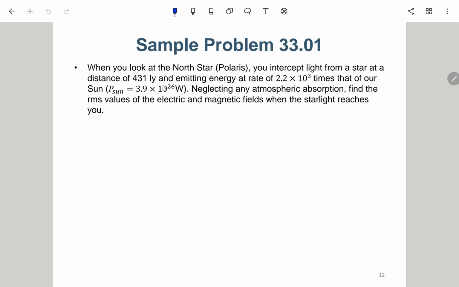Ly is light year, light year 就是光年嘛, okay, and emitting energy at a rate this number times that of our sun, P sun, neglecting the atmosphere absorption 就是大气的那个吸收嘛, find the RMS value of the electric and B field when